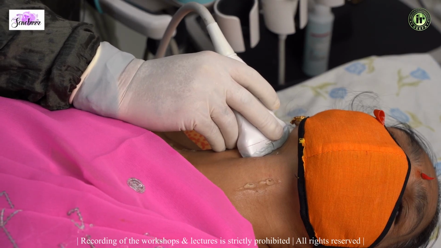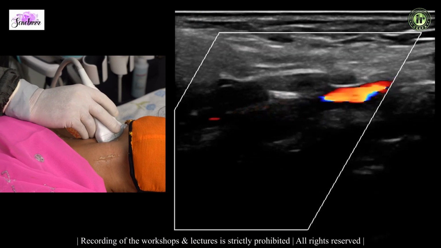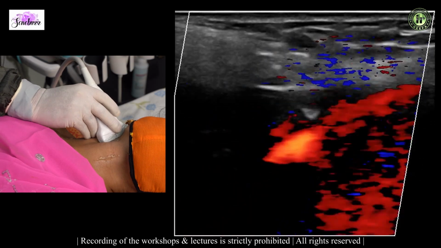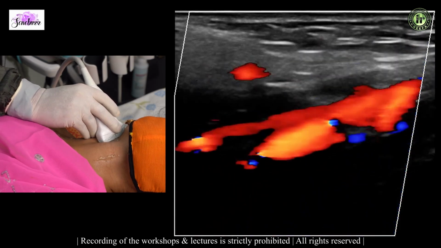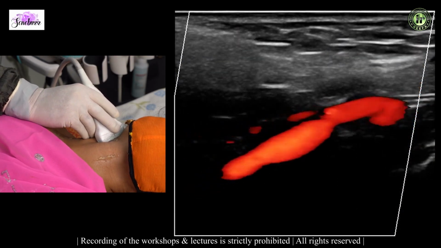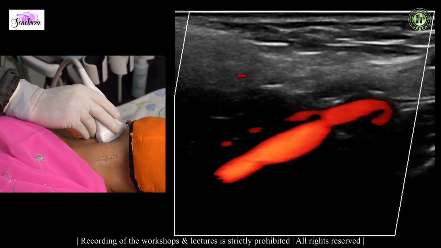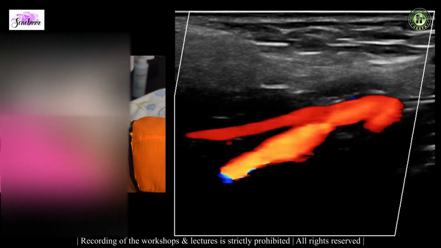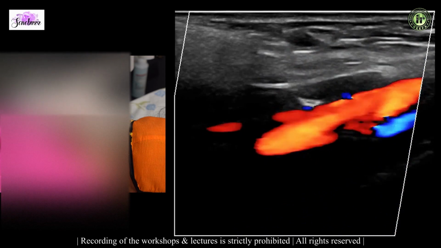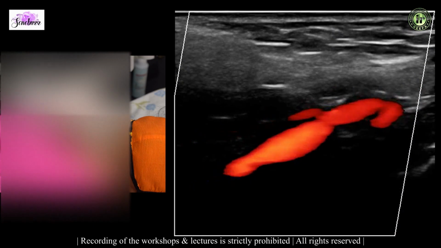I just want to show it to you again. If I steer the beam, I may lose the information, but if I am keeping it straight, I am fairly seeing the artery in a much better way, except at a point where you will have the beam which is perpendicular, and wherever the beam is perpendicular, by the Doppler equation you will have no flow. But fairly you will see that the ICA is larger and has a more continuous flow than the ECA, which is pulsatile. And lastly, the difference would be on Doppler, but I'll come back to it later on.